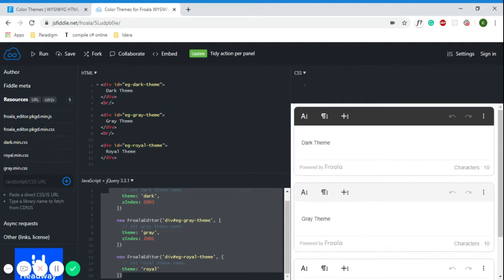in color. So by doing this, it will make the editor look beautiful, and the HTML editor can be changed to one that better fits the color palette of your website. So you can create a number of themes in your website and make it very beautiful with the way you